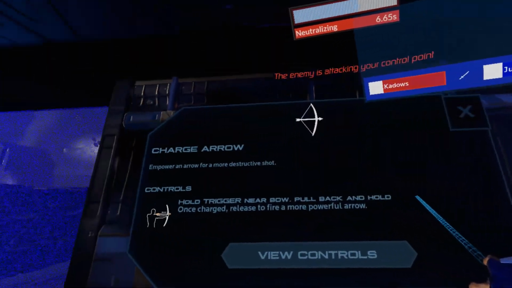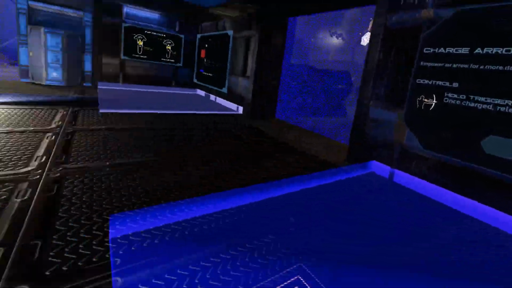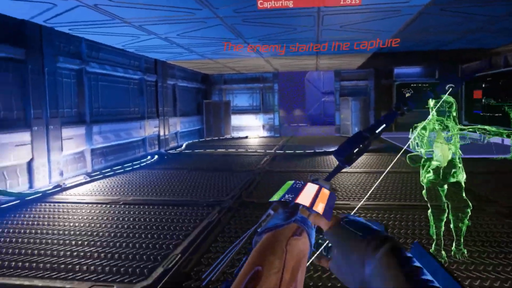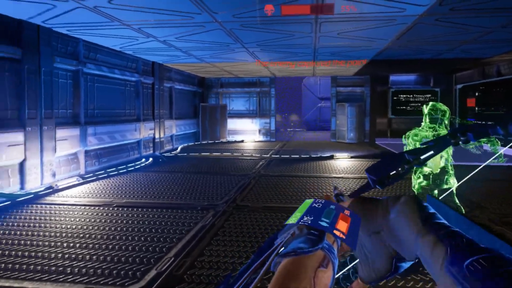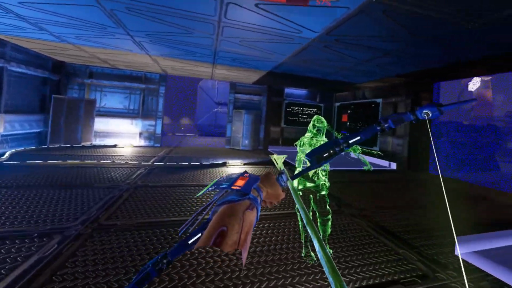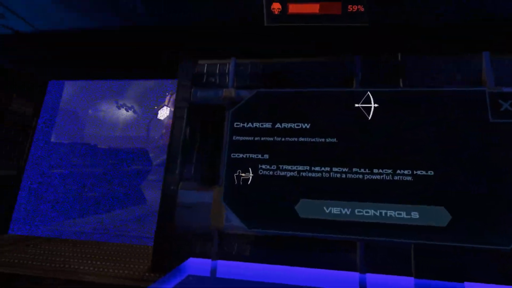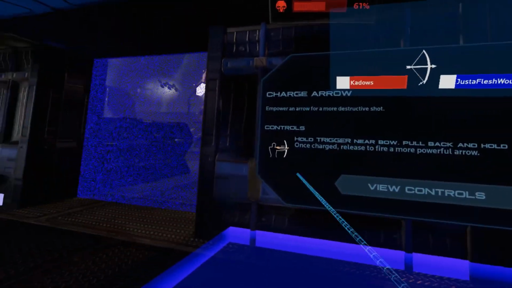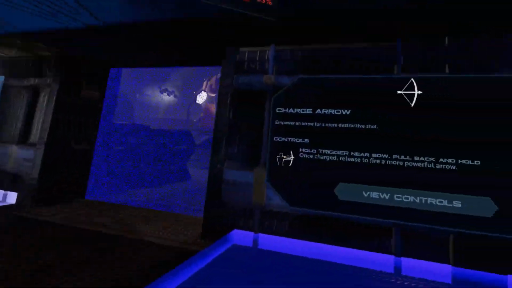The next is the charge arrow. This empowers an arrow for a more destructive shot, and you've kind of seen that already. You can fire quickly, like this, but you see the size of the head is tiny. If you hold it back and charge it, you see the head gets larger like that. That, I believe, adds a piercing effect to it. It just does more damage. Released, yeah, it just has a more powerful arrow. I was told it was a piercing arrow, but